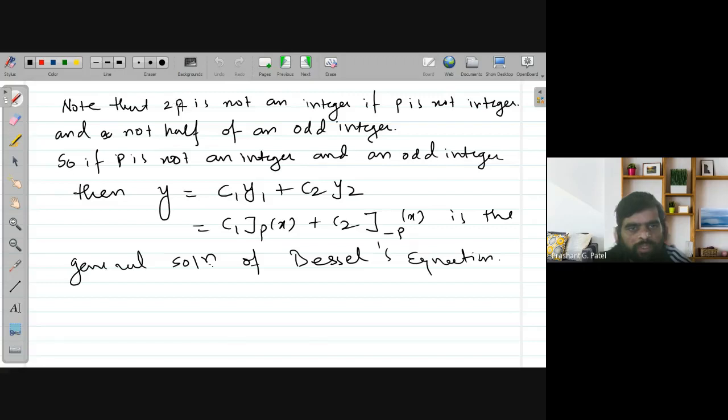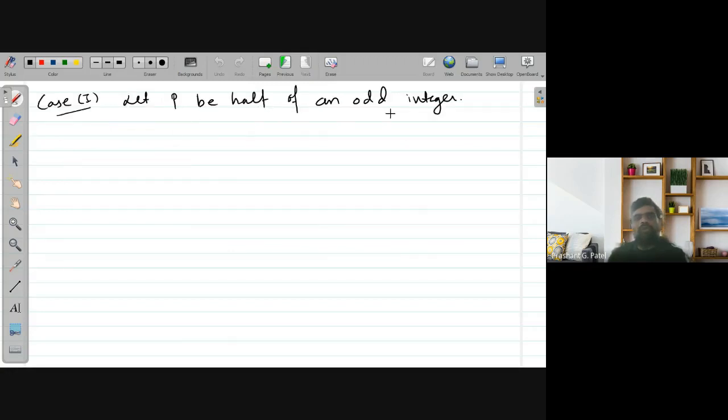So if p is not an integer, it may be possible that it is at half of that value. That means p, the half of that value, will be an integer. So that's why if p is a half of an odd integer,